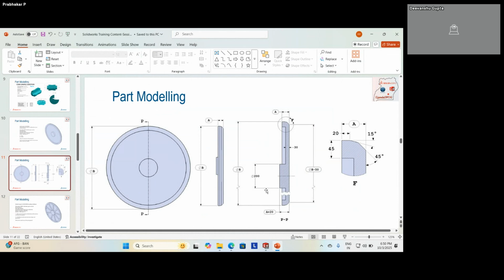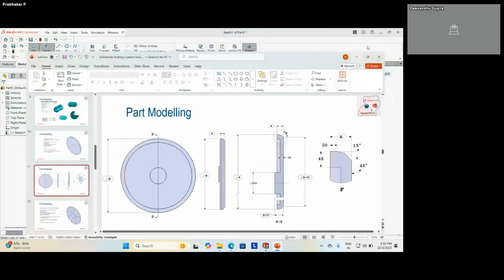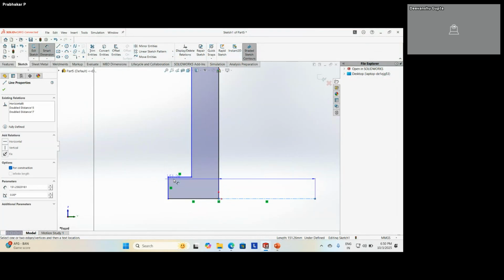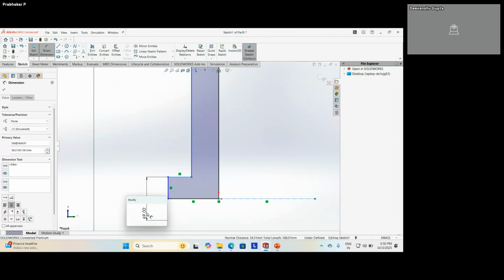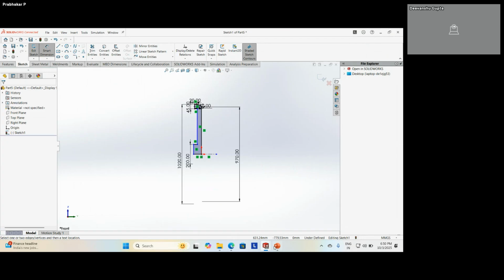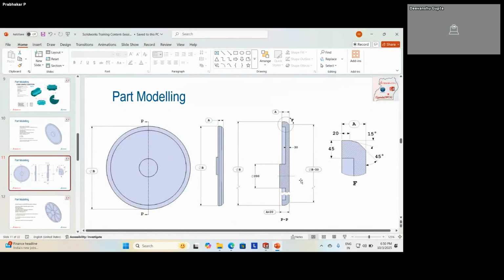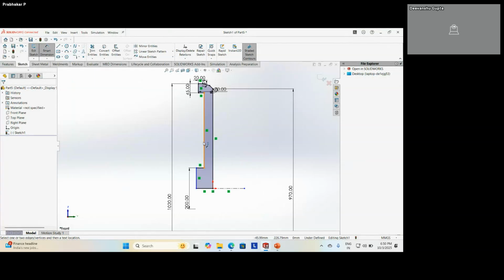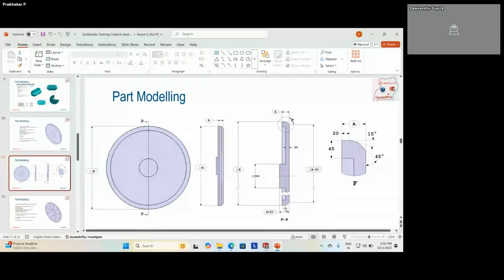Then this diameter is 200. Selecting here, 200 I made. Then this thickness is 30. Then this thickness is A plus 20.